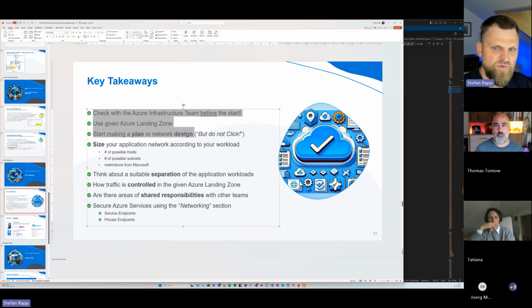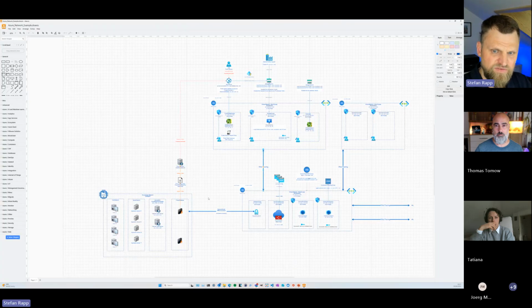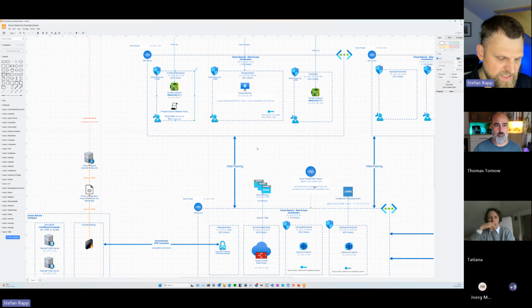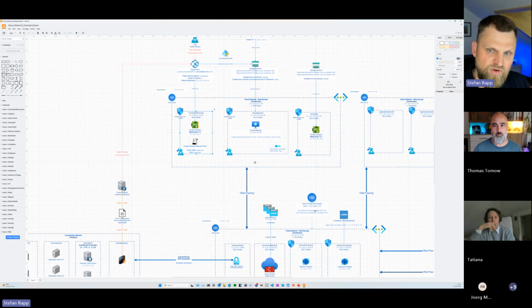Start by making a plan, doing a network design. I like this kind of drawings. Before I start clicking in the portal, or before I bring it into code, like I like to use Terraform, I want to have a rough plan: how big my virtual network must be, how many subnets I need, and how I have to separate, for example, dev test from prod environment, using different virtual networks or using different subnets. Both strategies are possible, but before you start programming, think about the structure and the architecture